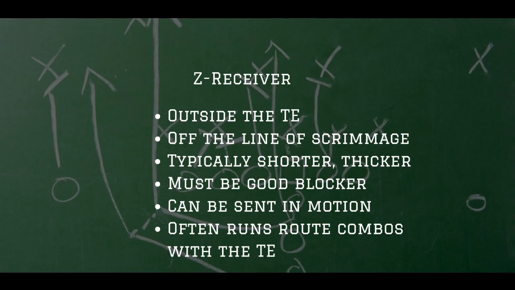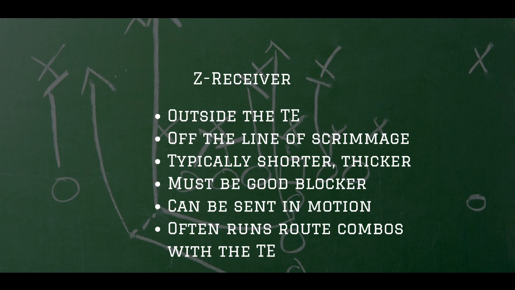So next we're talking about the Z receiver, and they line up outside the tight end on that tight end side, and they're off the line of scrimmage so that the tight end actually is able to be eligible to catch a pass, and generally going to be a more physical, thicker, shorter receiver, and they're going to need to be good at blocking because they're on that strong side. A lot of times the run play is going that way. They need to be a good run blocker. They can be sent in motion because they're not on the line of scrimmage, and often they're going to be the guy that's moved in order to identify coverage, determine man or zone,